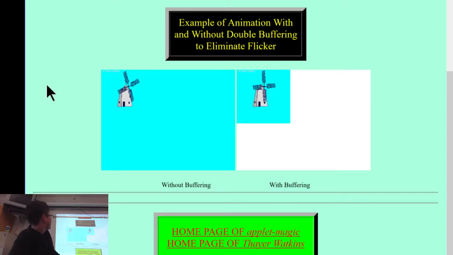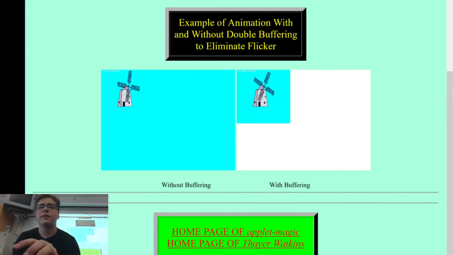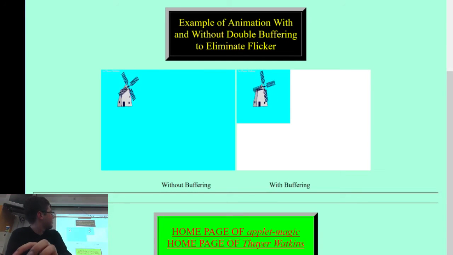Now obviously our eyes aren't fast enough to actually really see that being drawn because it's a pretty simple image. But you can see it's flashing because it's going through every single pixel and changing it, and we can actually see that happening. And with the buffering, it's just smooth because everything's being buffered and we're not seeing it being actually drawn to the screen. So that's why it's really important to use buffering. It can't just be something that's not necessarily required. It is required.